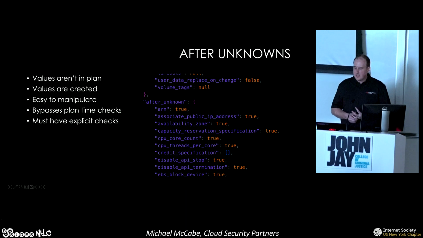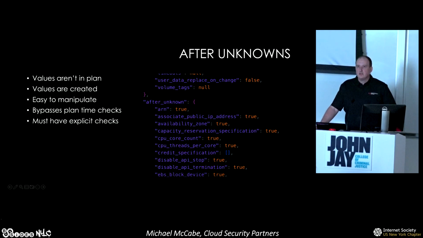So it's basically a way to bypass all of your security controls at that point. So if you run a Terraform plan, but all these resources, in this case, there's an ARN that's "after unknown" as true. If those are after unknown, your checks don't run against them, or they just don't come up as being a violation. This actually was brought up to HashiCorp with one of our clients too, and they didn't really have a solution. So we had to come up with a solution, which is you actually have to ban all after unknowns in a very strict way in your Sentinel or OPA to make sure that these types of parameters aren't after unknown, because otherwise you can just bypass everything.